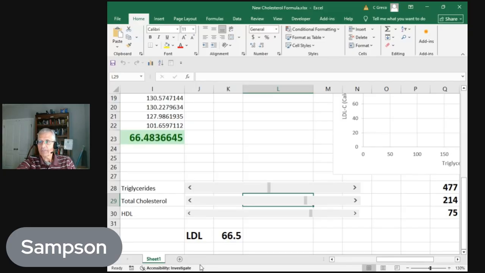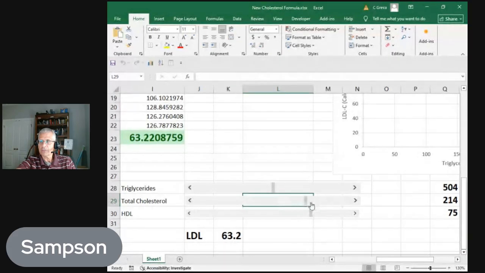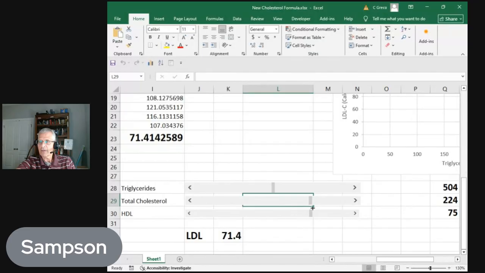So your LDL, and that's the whole reason for the Sampson formula, was to take into consideration the high triglyceride readings. That's what it was done for. If you want to, I have a separate YouTube video on how to do these sliders, and once you get them done, it's so nice to be able to change these, and you don't have to worry about